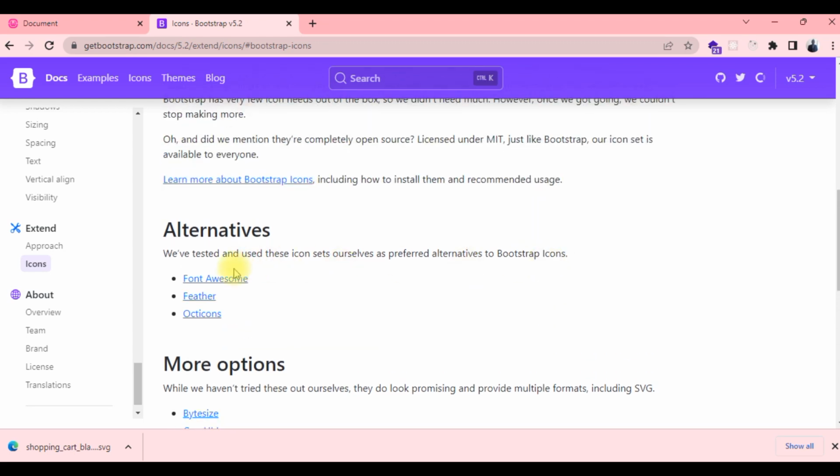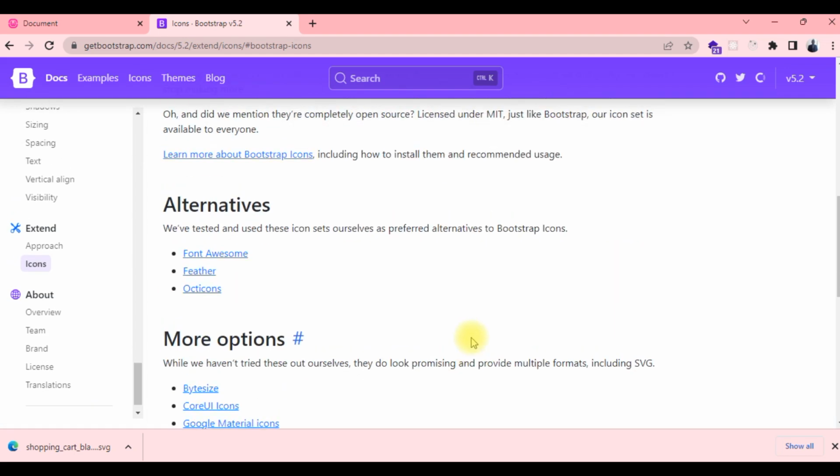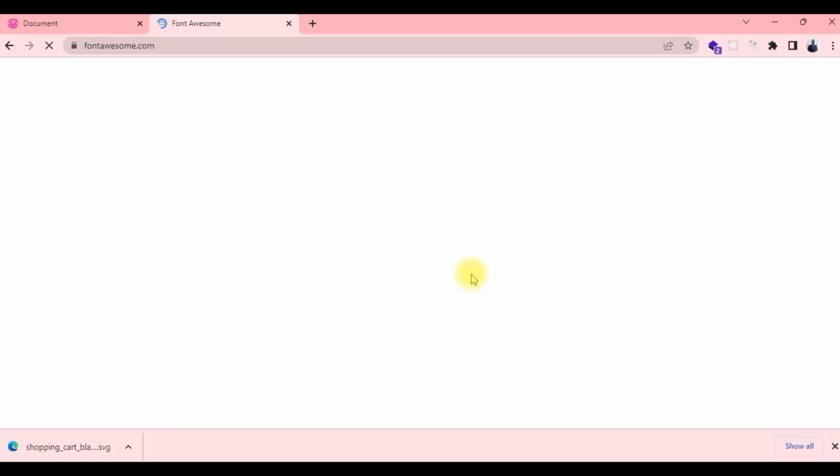We have Font Awesome, we have Feather, Octicons, then we have some other more options, Google Material and all that. So taking for instance, if I go to Font Awesome, then I should be able to see some icons from Font Awesome that we can use,